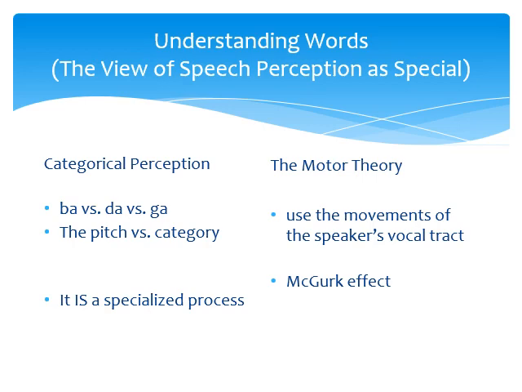So, the motor theory uses movements of the speaker's vocal tract, kung paano pronounce yung lips, and meron tayong tinatawag na McGurk effect. Ito yung explanation dun sa pagsasabay, na tinitignan natin kung paano pinopronounce sa lips at saka napapakinggan natin. So, McGurk effect is the synchrony of visual and auditory perception. So, when watching a movie, for example, the auditory syllable is perceived differently depending on whether you see the speaker make a sound that matches the pronunciation of the syllable or make another sound that does not match the syllable spoken.